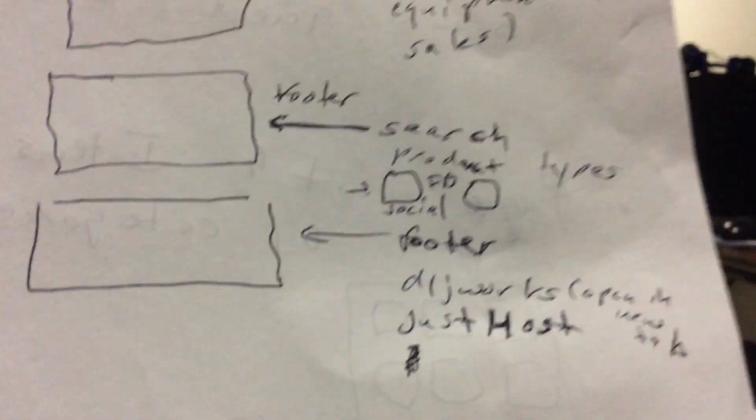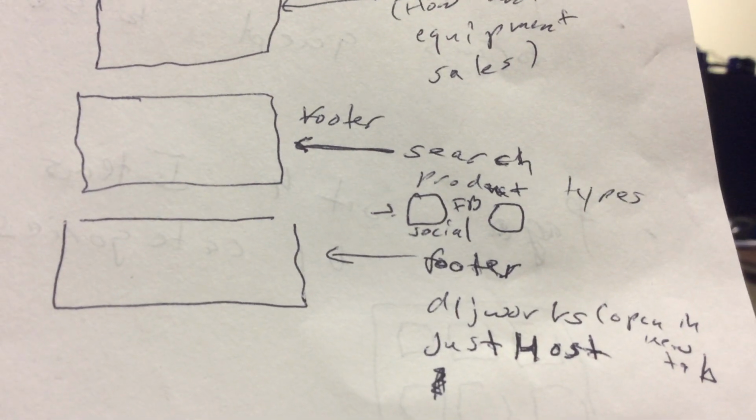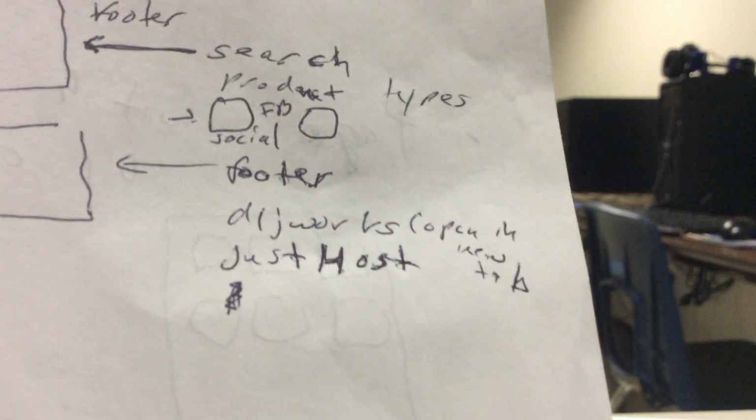Here we have the footer, and so far in the footer, I'm just thinking about adding search, product types, course categories, and then just social media buttons, and also to be able to take advantage, because when I do clients